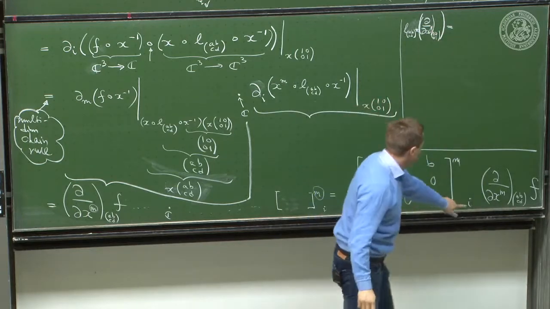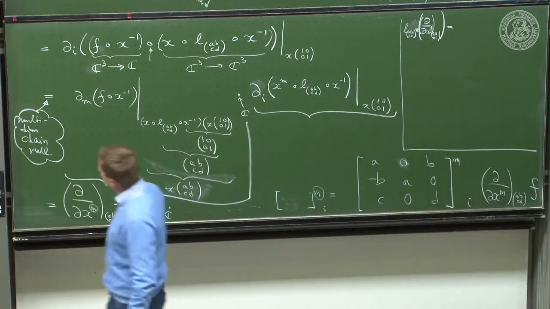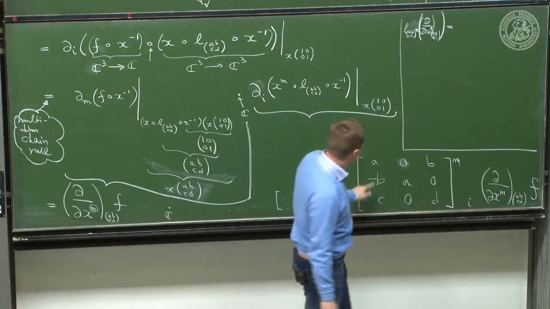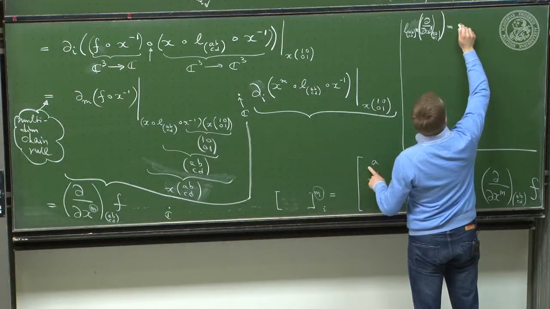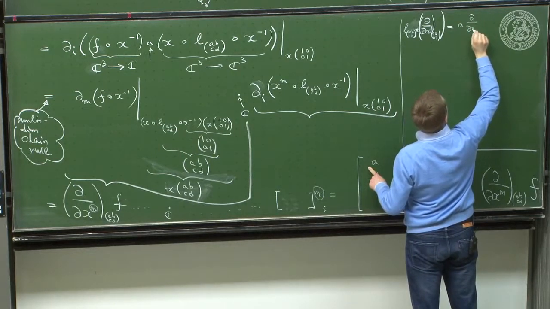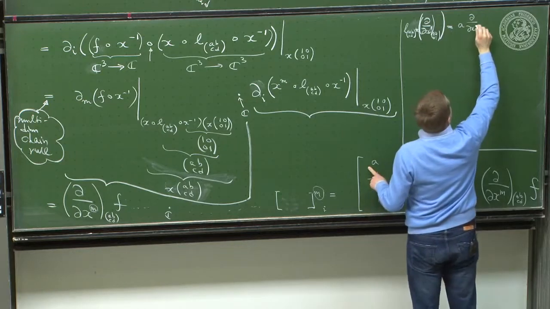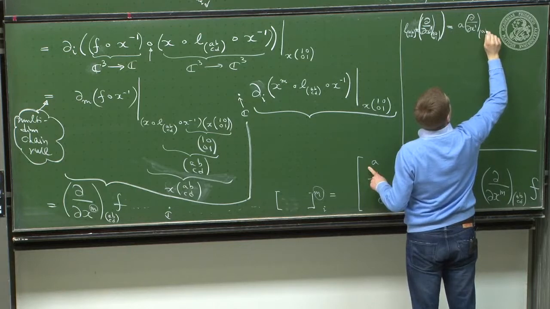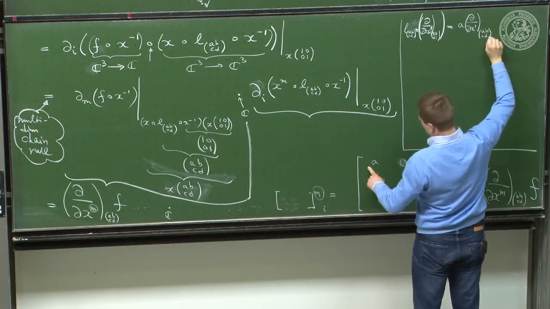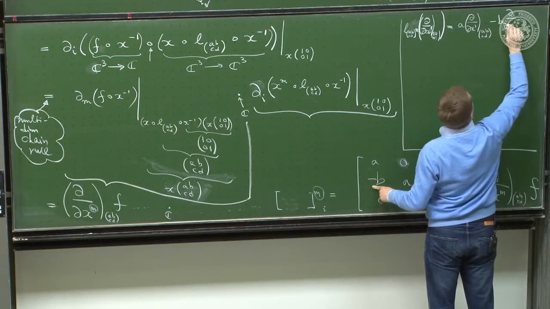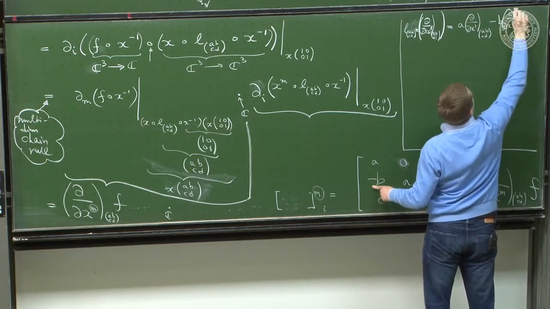That means i equals 1, so the column is 1, which means I have to read down this column. This equals A d by dx1,